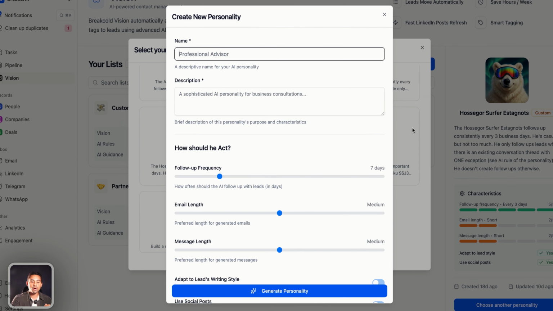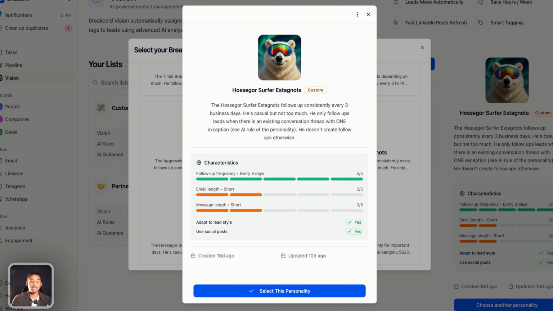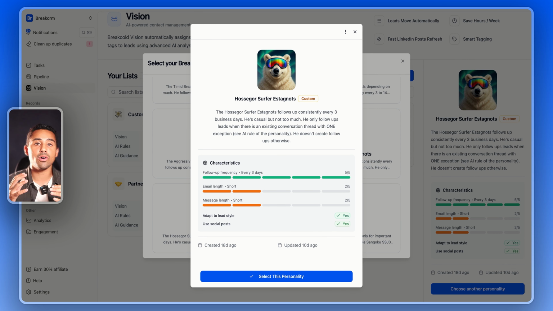It's very easy and straightforward, and you can add specific roles. For example, here I created myself an AI personality that basically says that it doesn't create tasks all the time. Just by using natural language, I said, when I have this type of leads, I don't want the task to be created. Specifically, it was to engage new leads that I don't have a conversation with. It was basically creating the task, and I say, no, don't create tasks unless I have an ongoing conversation with them, because I'm only interested in the AI creating tasks for conversations that started, where I only have to follow up,